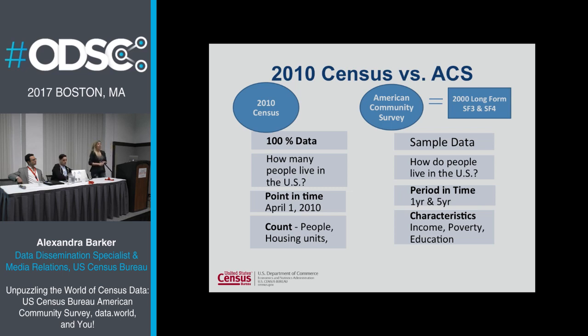One thing to keep in mind with the ACS, it is a sample. So in many of our tools, you will interact with margins of error. That could be a good thing, maybe not a good thing in some instances. While with the census, you're looking at a 100% count, so no margins of error. Another thing is when you're looking at census data, you're analyzing a date and time. April 1st of 2010. That's what the picture of the population was that date. While when you're looking at ACS, it's not associated to a date, but to a period of time, a 1 year or 5 year period. I'll go over that in a little bit as well.